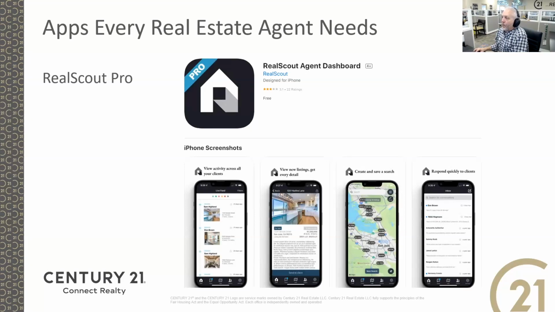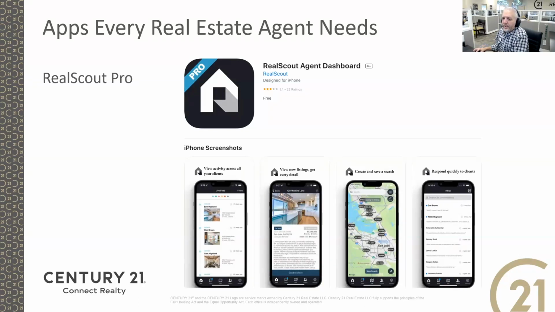Next, Real Scout Pro. Of course, we are big advocates of your use of Real Scout. In concert with your CRM Moxie, Real Scout Pro has a great app. Actually, Real Scout has 2 different apps. There's the Real Scout app and Real Scout Pro app. If you are advocating for your clients, you would probably want to tell them to download the Real Scout app.